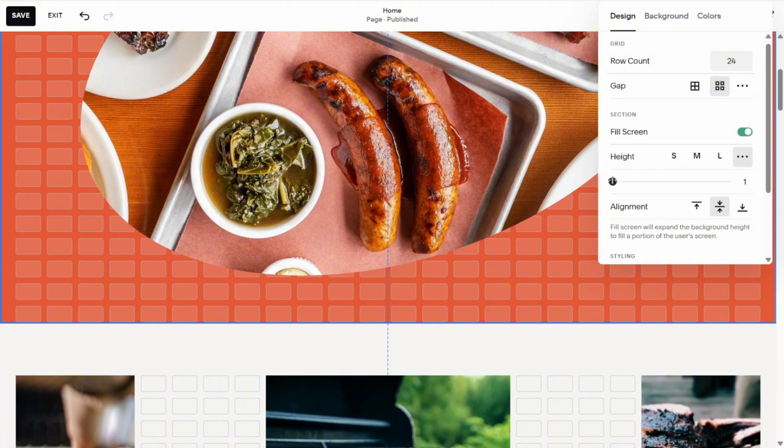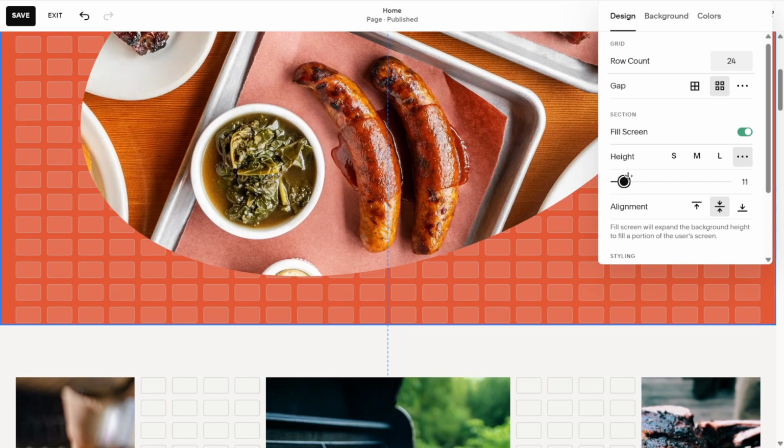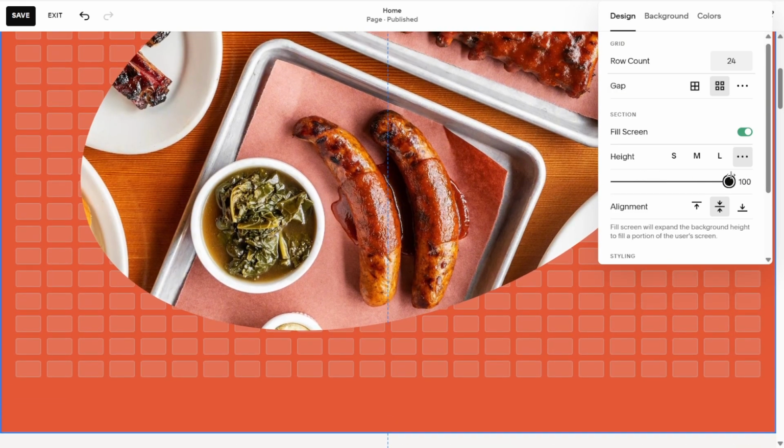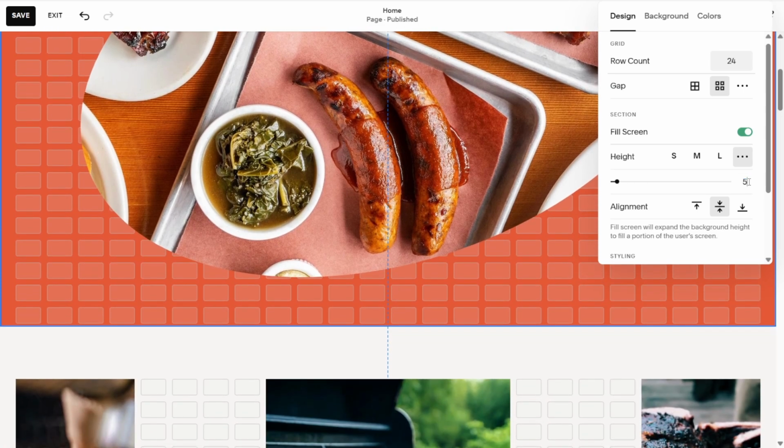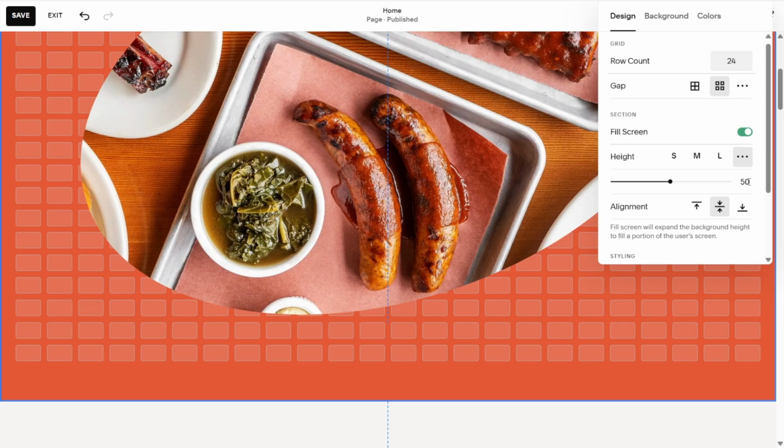What you could also do is, on the right hand side of height, you can set a specific value. Let's say you want to set this to a specific value. So what you can do is two things. You can simply hold and drag the circle, and as you can see, it will automatically reflect. And if you want to add a specific number, let's say like 50, you can automatically change it